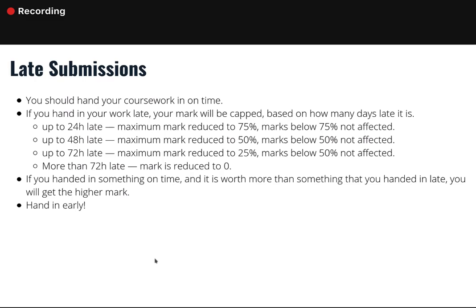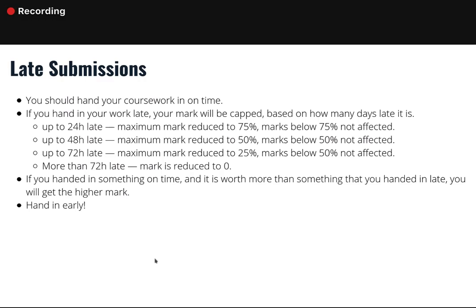Typically the deadline will be 11:59 p.m. on the day that an assessment is due. And once you go past that deadline, within the first 24 hours or the first 1 day that it's late, the maximum mark that you can get will be 75%,